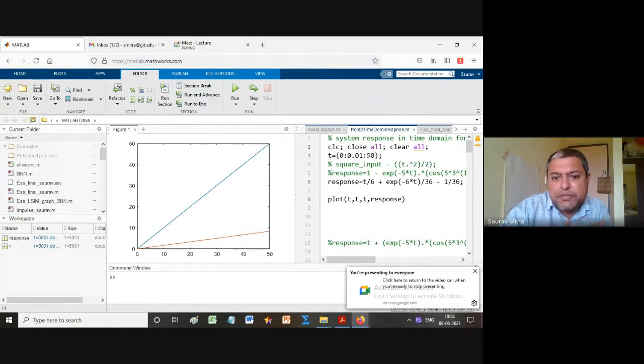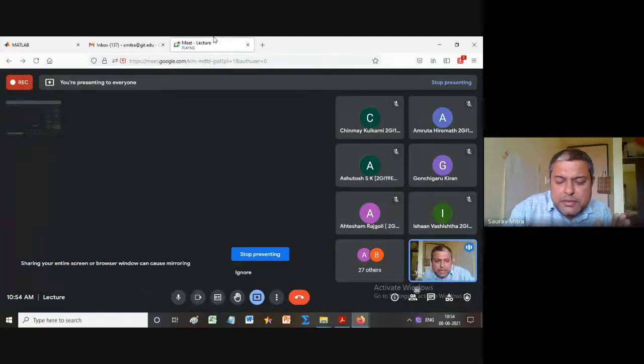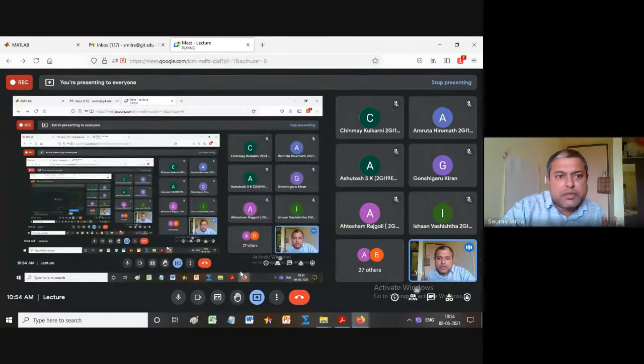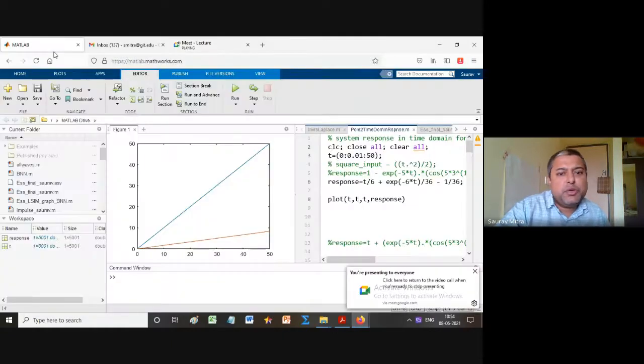Okay, so now see that I have plotted it for 50. I can plot it for 500. So at 10, how much is the distance between input and output? Have you all understood that steady state error means difference between input and output? Have you understood this much? Okay, so steady state error means difference between input and output, and we are assuming that t equal to infinity is the steady point. That means there everything is steady.